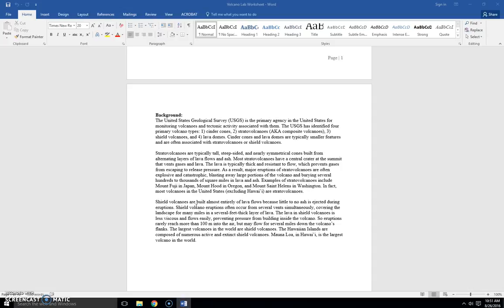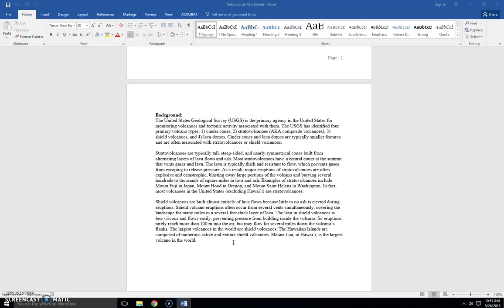Shield volcanoes are built almost entirely of lava flows because little to no ash is ejected during eruptions. Shield volcano eruptions often occur from several vents simultaneously, covering the landscape for many miles in a several feet thick layer of lava. The lava in shield volcanoes is less viscous and flows easily, preventing pressure from building inside the volcano. So eruptions rarely reach more than 100 meters into the air, but may flow for several miles down the